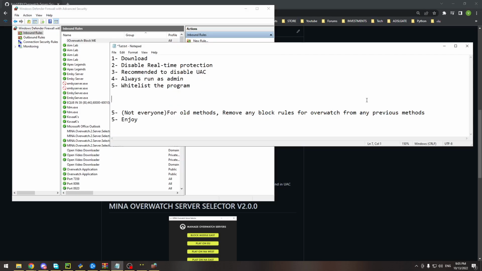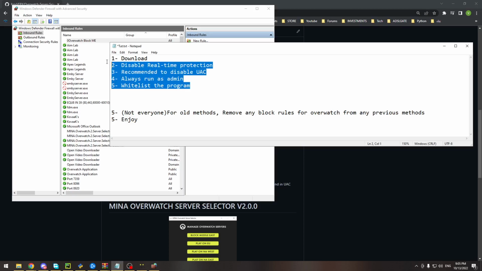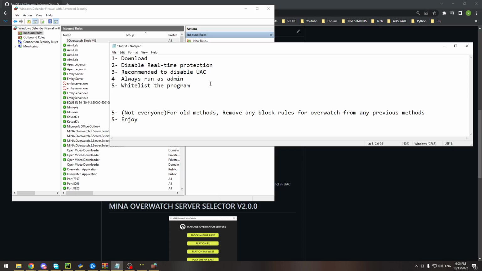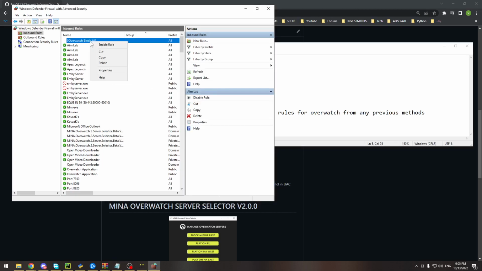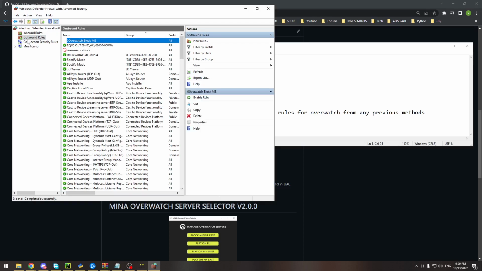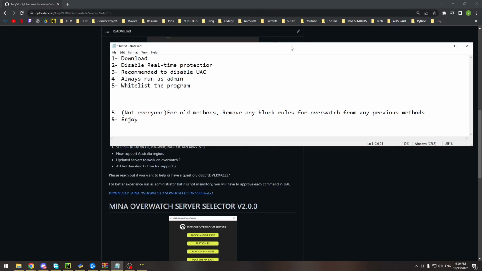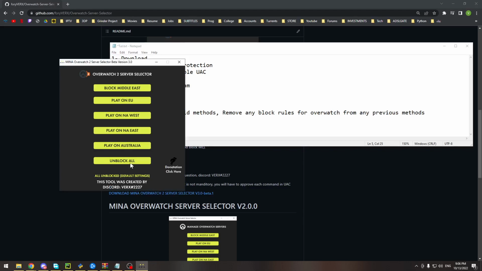And this is for the people who have blocked servers before. It's not for people who are running the program for the first time. Okay? So you just delete it or disable it. And also in Outbound Rules, you just do the same. So after deleting it or disabling it, you just launch the program and you do what you want.